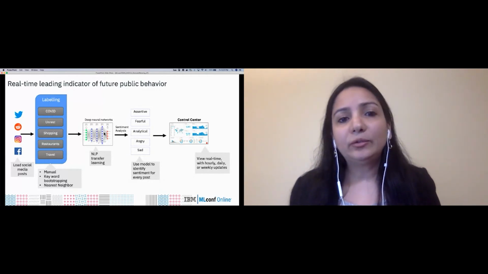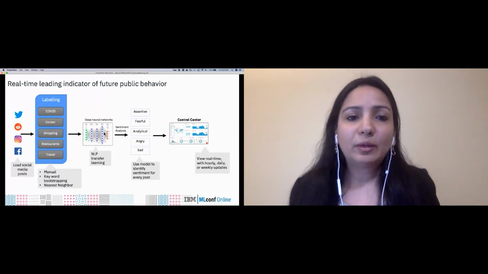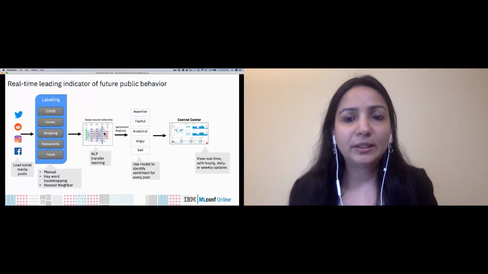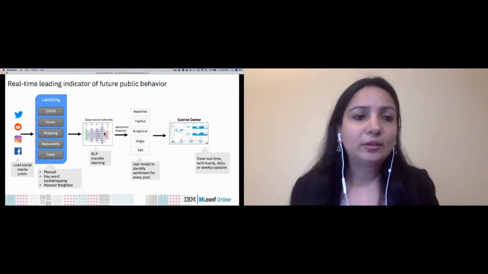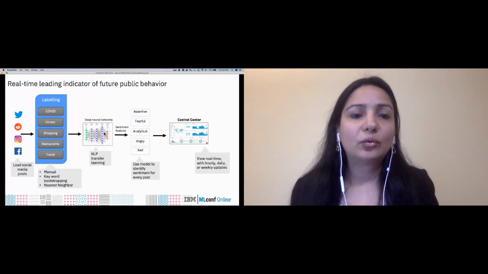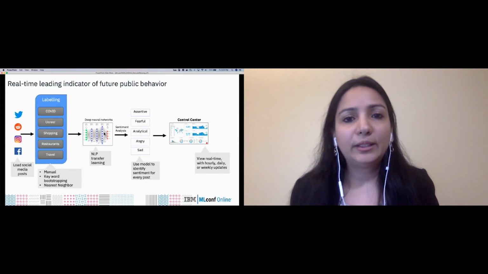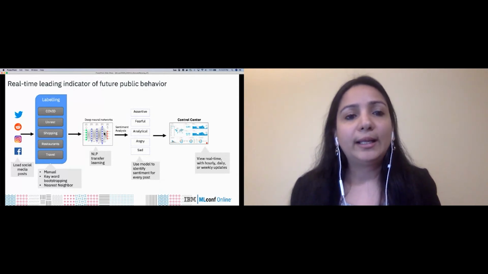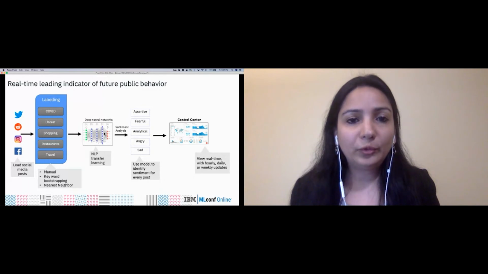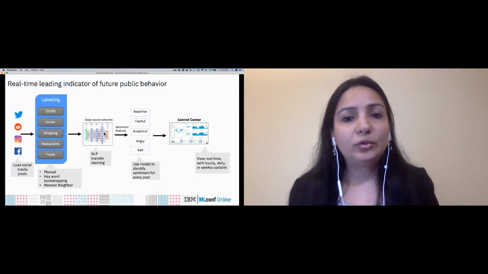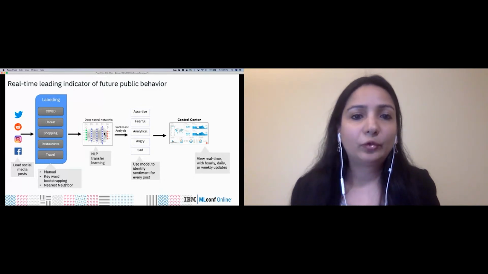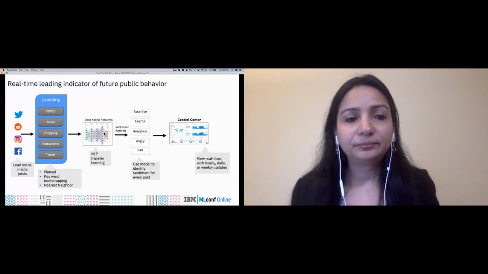What we're basically doing here is calculating the conditional probabilities of whether a post expresses a fear sentiment. And we can do this across various dimensions. So for example, we can calculate what is the probability of a COVID post being fearful, or if we wanted to go further, can we calculate the probability of a COVID post about going to a retail store from a California user being fearful?